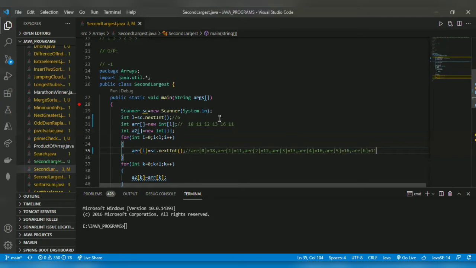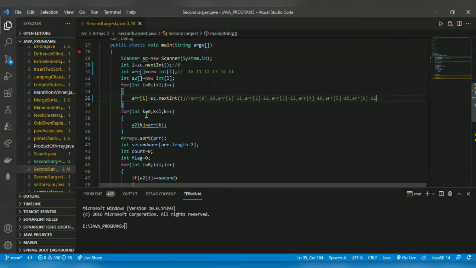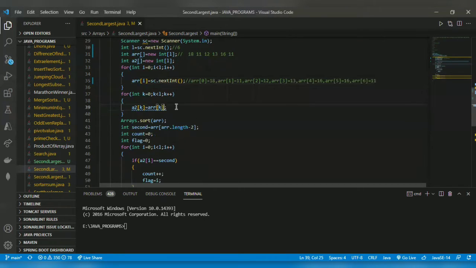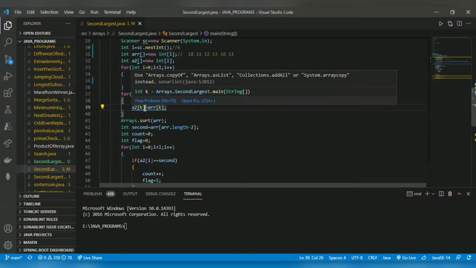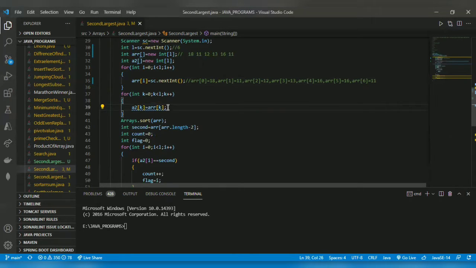In the second array, it will be initialized to 0. After that, I will store the array elements of the first array into the second array in order to find the index position.